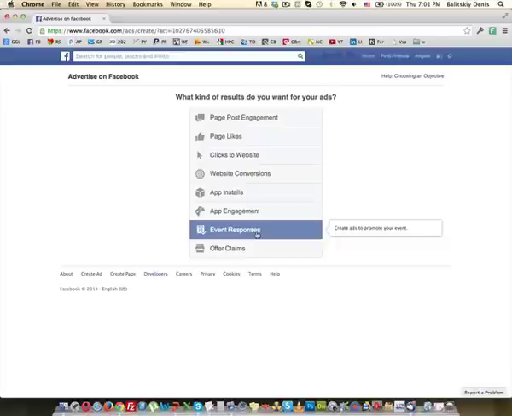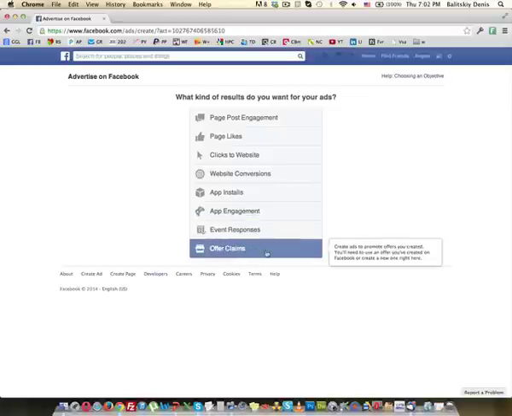Now, these two options are very, very cool. Event responses is actually those people that are going to click on the special button that's going to say attend or claim the event. Facebook is going to mail them. Okay, they're going to send them a special mail with all the details. So if you're promoting a webinar, this is very, very cool. And offer claims, if you have a special code on an offer, this is a very, very cool feature, because again, Facebook mails those people who actually click on claim. So this is a very cool option.